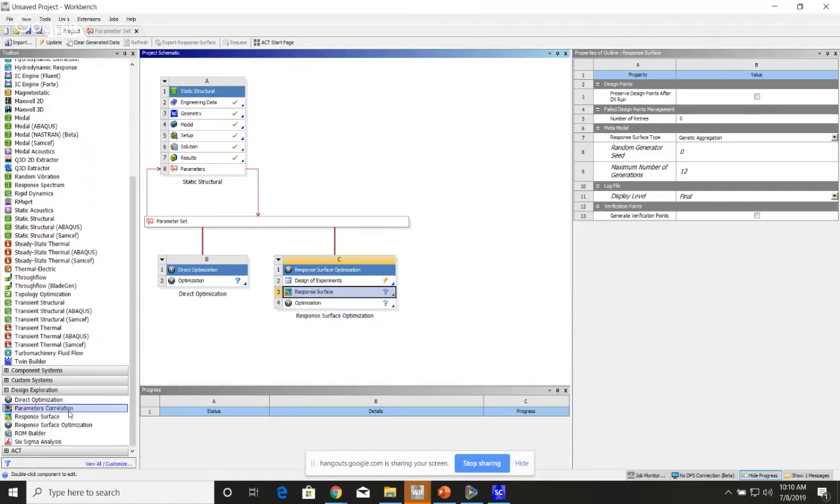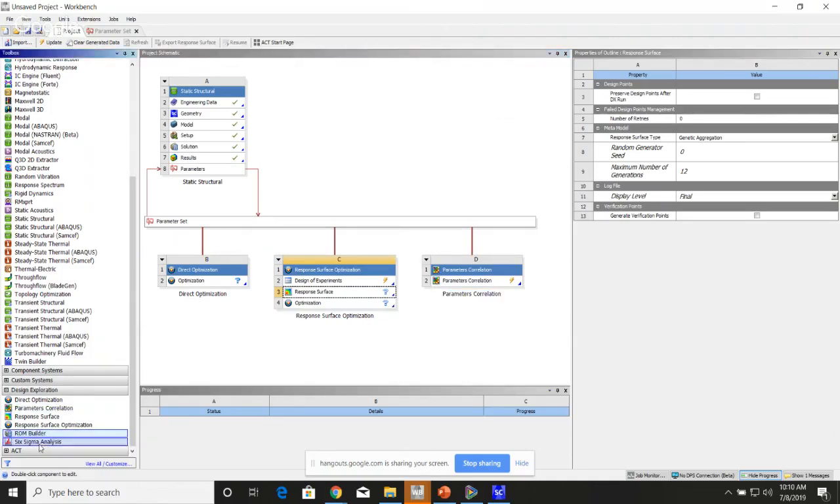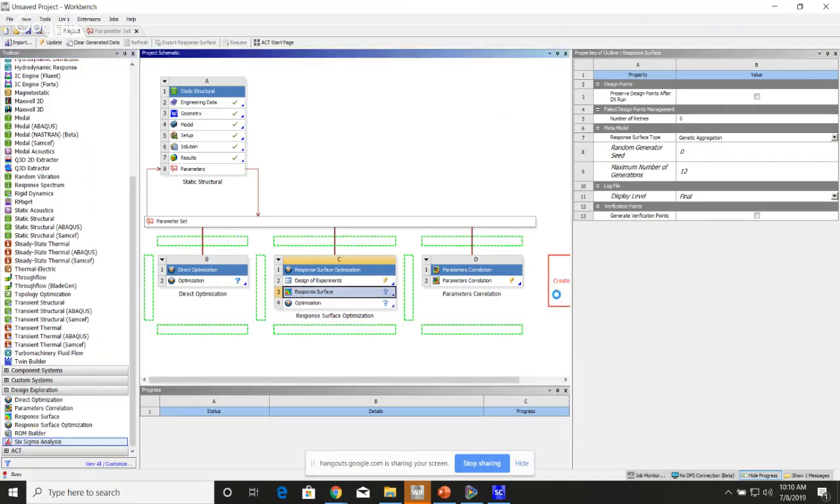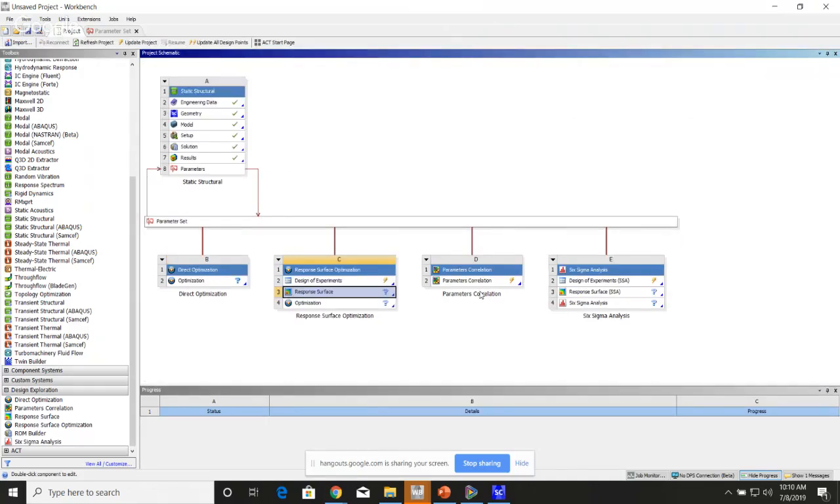We also have parametric correlation, which lets you see how parameters are correlated to each other. There's a ROM builder that's fairly new. I'm not going to talk about that today. I'll save that for another session. And then there's a Six Sigma analysis for probabilistic design. So if we look at one of these, for example,